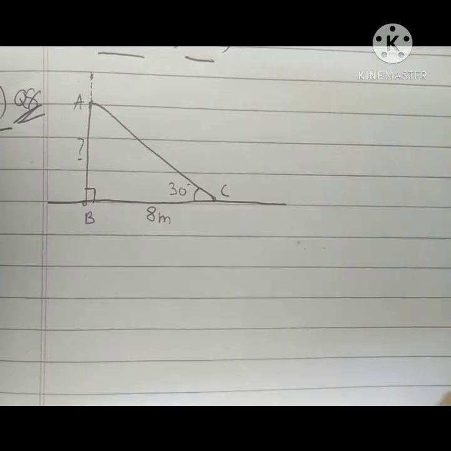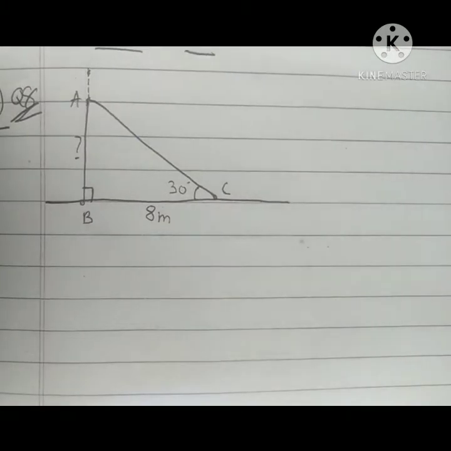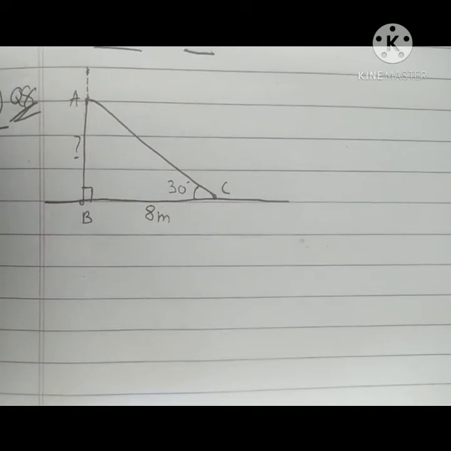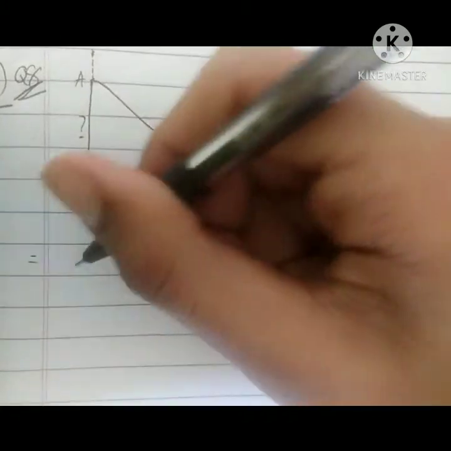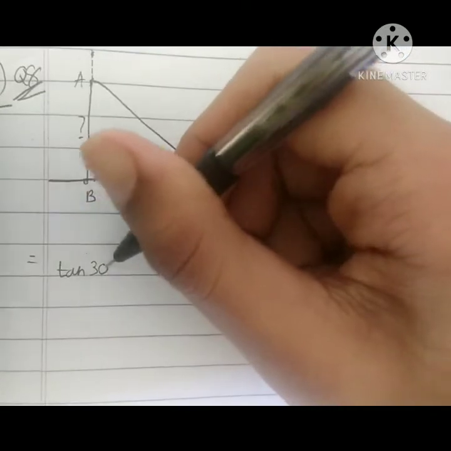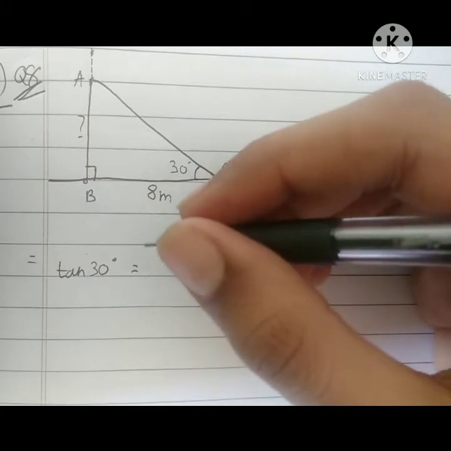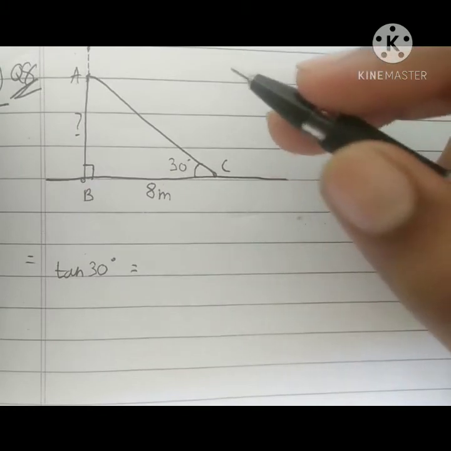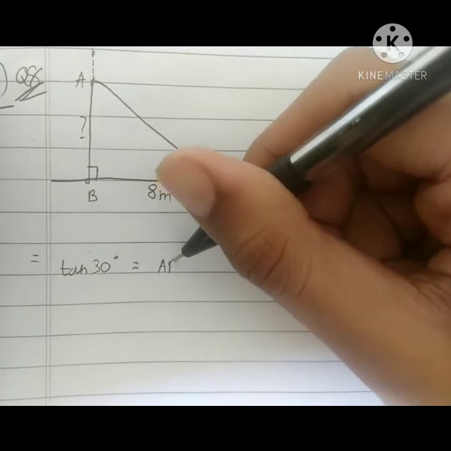Now you have to think of the trigonometric ratio you can use. See, basically you have been given this angle and this measurement, and you have to find this. So I guess the most precise trigonometric ratio would be tan or tangent, whatever you say. Tan 30 degrees obviously. Now what is tan theta? It is sin theta by cos theta. So that directly gives us that tan theta is equal to AB by BC.